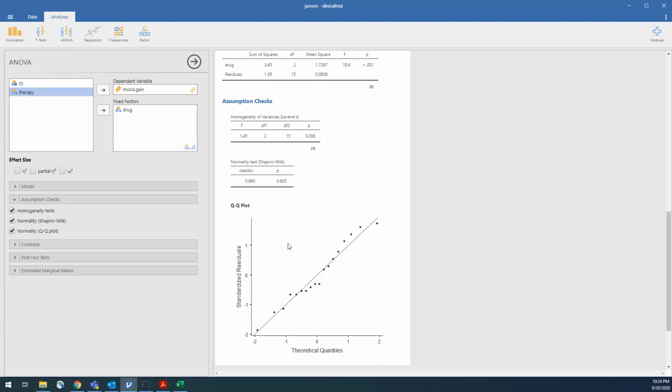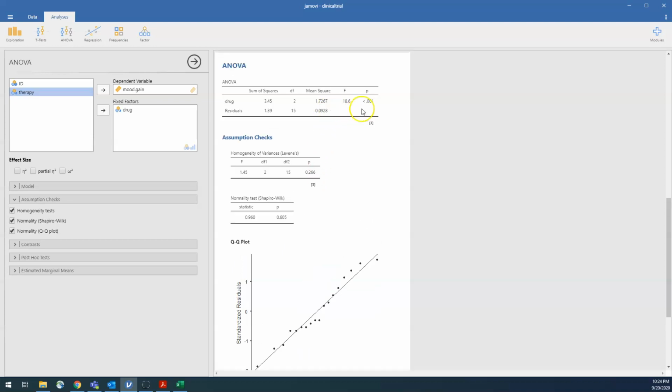And so as we look at all of this, we take it together to say, yeah, we're probably safe to run a regular ANOVA in this situation. So we can go back to this table up above and say these results are probably trustworthy. Now, just because we've checked our assumptions and looked at our ANOVA and p-value doesn't mean we're done, because